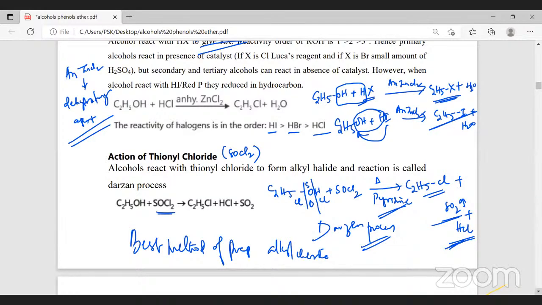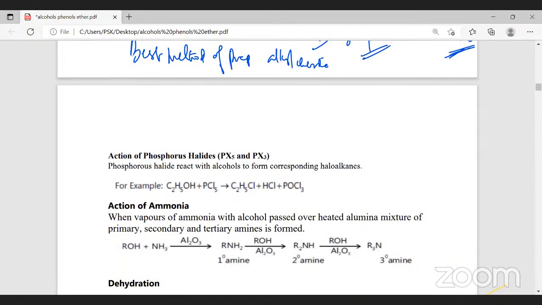The next reaction is the action of phosphorus halides, PCl5 and PCl3, phosphorus pentachloride and phosphorus trichloride. Now we will take an example. Phosphorus halides will react with alcohols to form the corresponding alkyl halides or haloalkanes. For example, if you take ethanol, C2H5OH, when it's heated with phosphorus pentachloride,